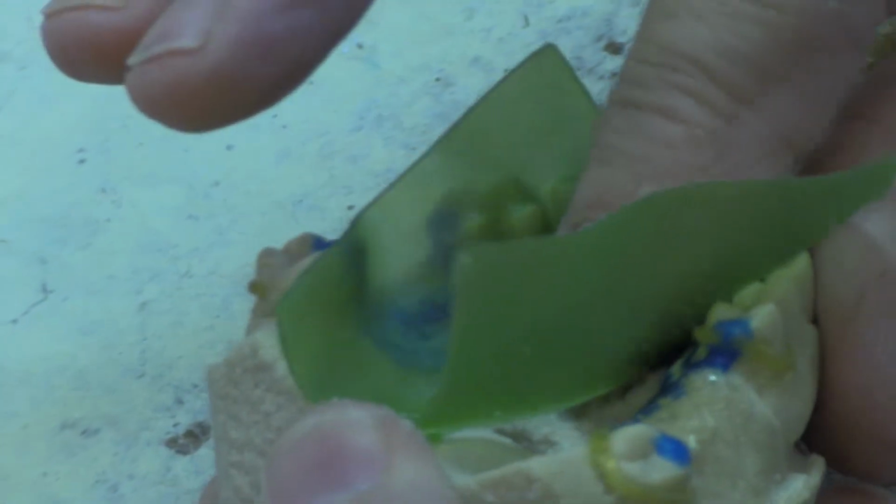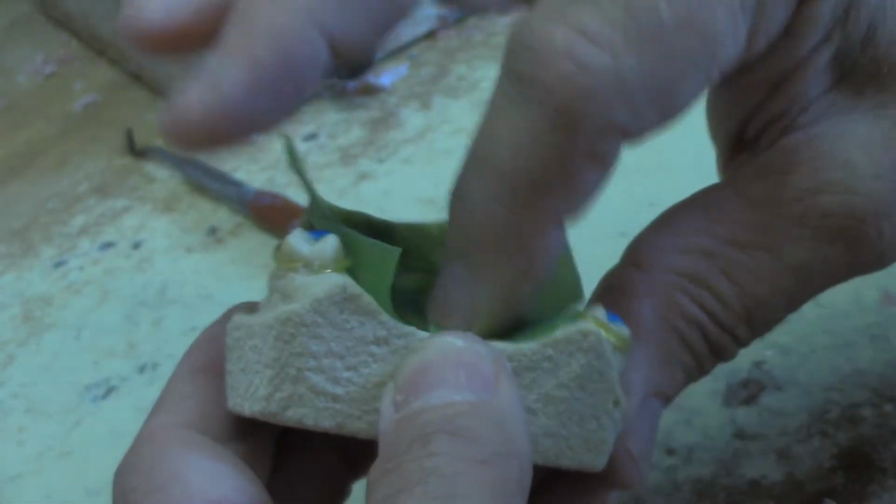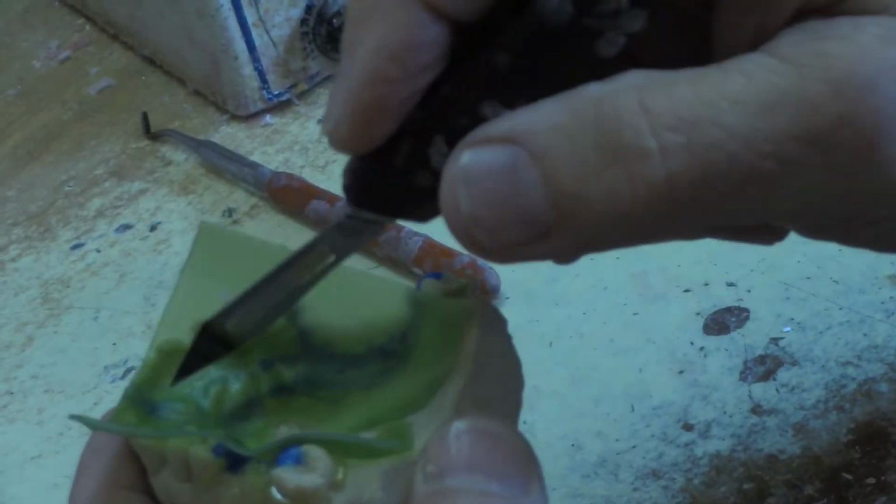I want to make sure I work my way around, because, like I say, the wax is pretty delicate, so I don't want to rip it. But you can see now, I can see through there and see those blue lines. Sometimes this green becomes a little darker, and then it makes it really hard. So now this is going to be the back of my tooth, of the facing,